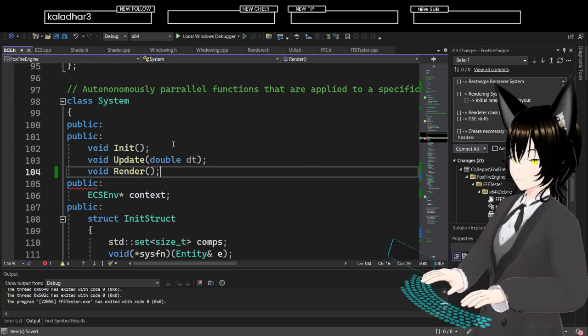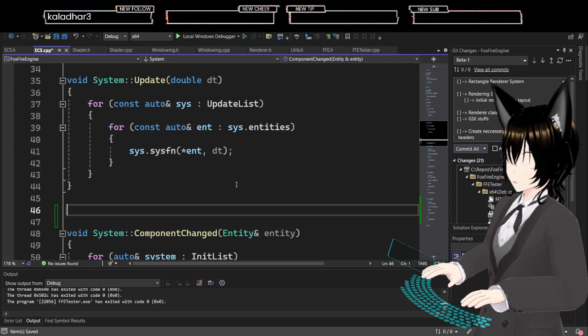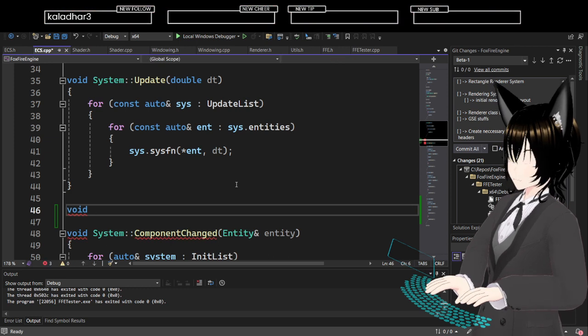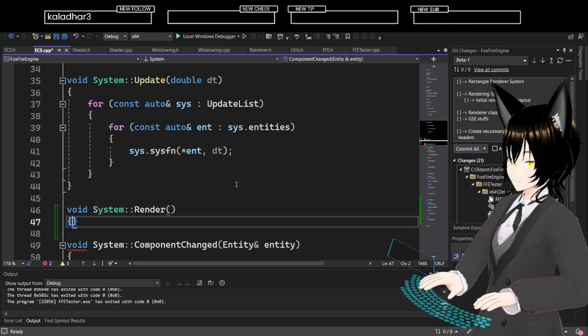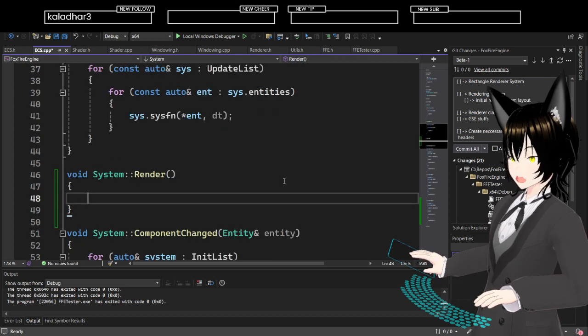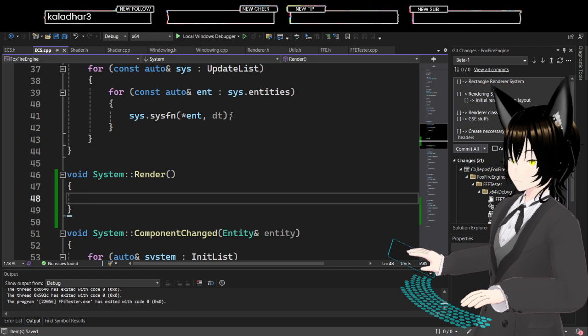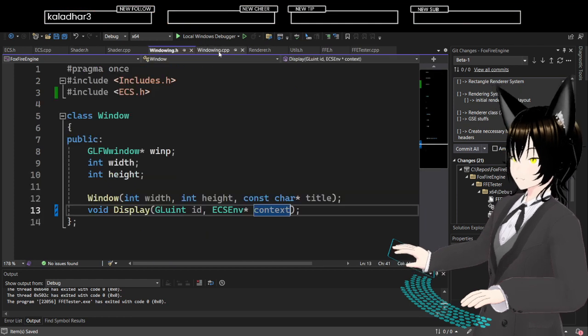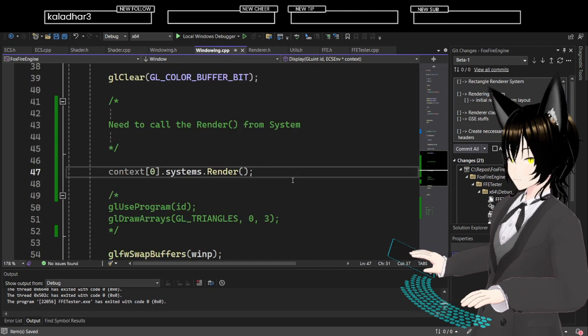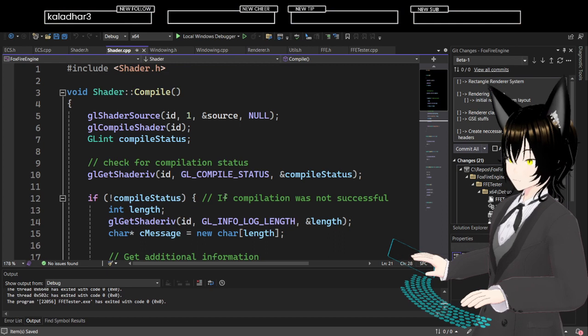And in here, I need to do void system render. Hopefully that's all that I need. Right, because the context hits render, right? And then in here,